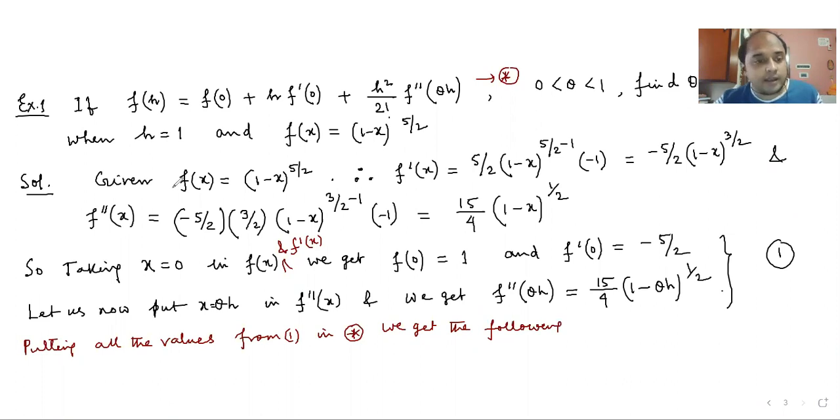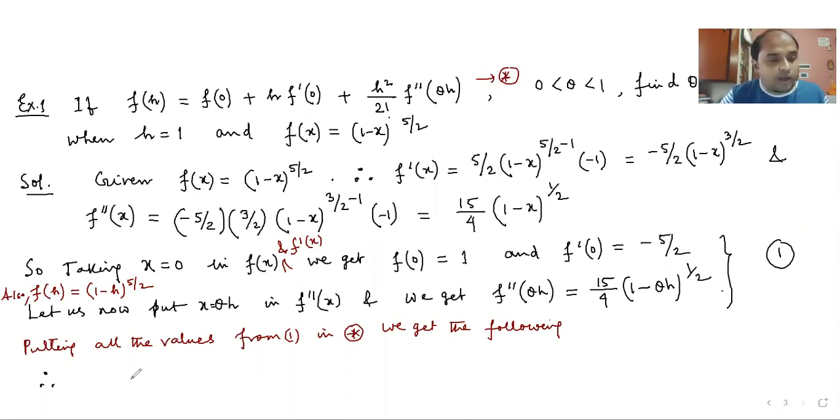One more thing, here on the left hand side of star we need f of h. So it would be nice if I include f of h in equation 1. Okay, so we can write here that f of h will be 1 minus h to the power 5 by 2. Okay, so this is also a part of equation 1. So we are going to put all these values in the expression. So we get,